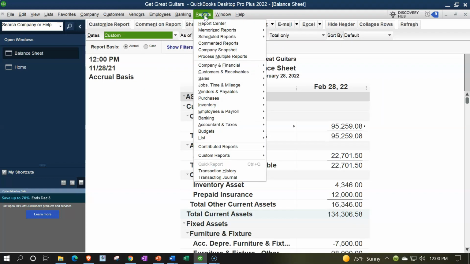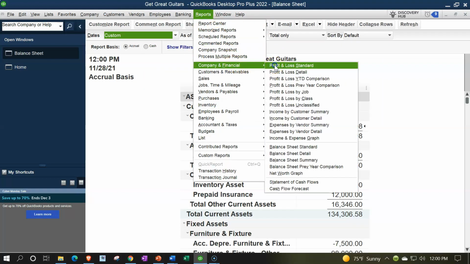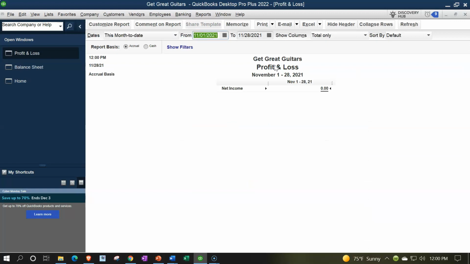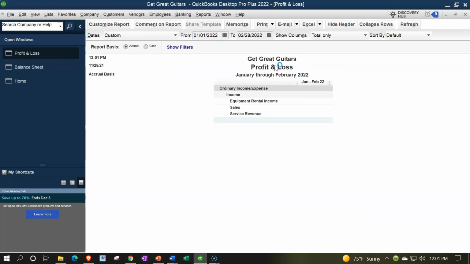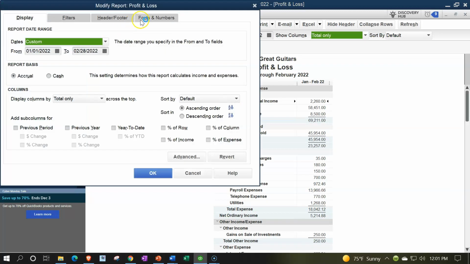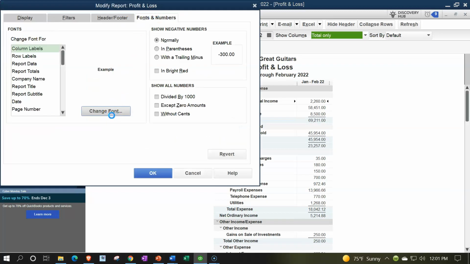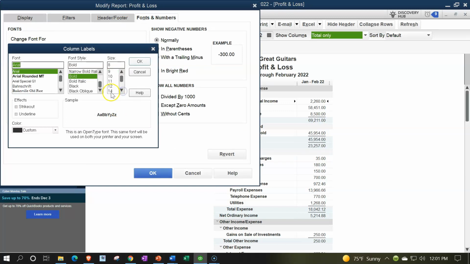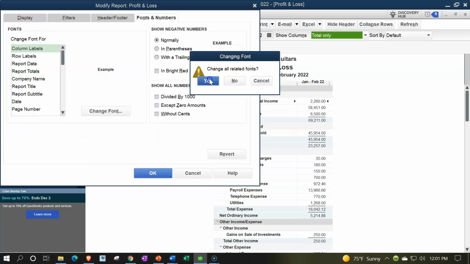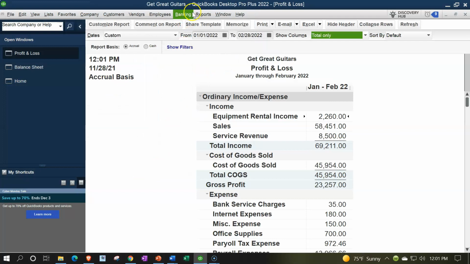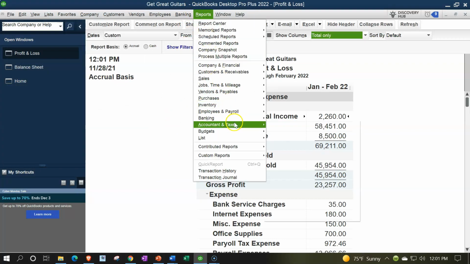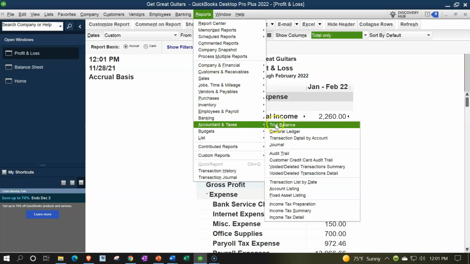We're going to go to the reports drop down again, Company and Financial, Profit and Loss Standard, range change 010122 to 022822. Customizing that report, fonts and numbers, changing the font, bringing it once again to that 14. Okay, yes please, okay. One more time, slightly different, going down to the accounting and taxes this time for the